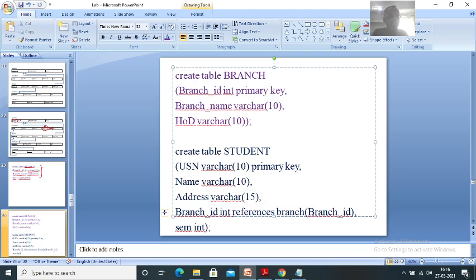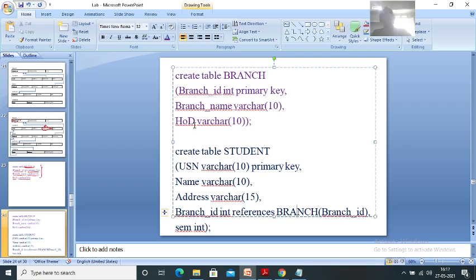Now, branch ID references. What does this branch ID reference? It references the branch table. That is the name of the table. In that branch table there are three attributes: branch ID, branch name, and HOD.